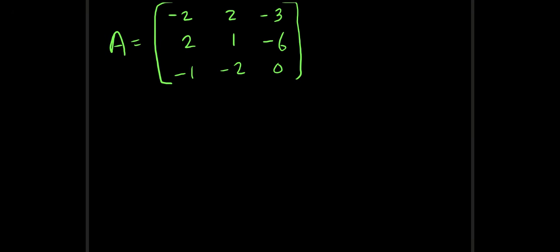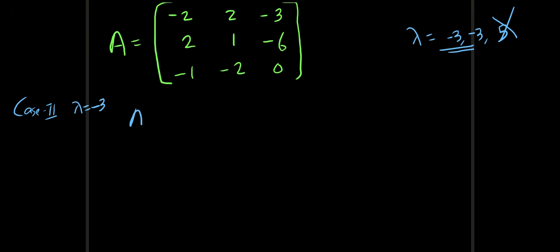When the eigenvalues repeat, so the eigenvalues are lambda equal to -3, -3, 5. So this is already done. Now the repeated value. As always, you can write case 2, lambda is equal to -3, and the equation (A minus lambda I)x equal to 0 will give us the eigenvector,